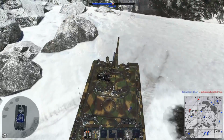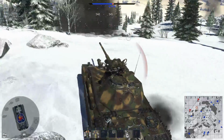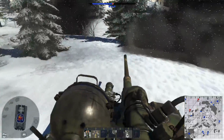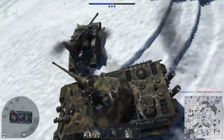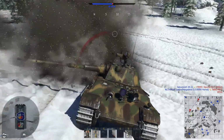In fact, the Panther II is almost too strong for 6.7 because it's like a Tiger II, but kind of better in a way. It has that mobility and it has the same firepower. So what's more valuable, armor or mobility? And we'll see that this mobility almost costs me my tank. He's behind me. And